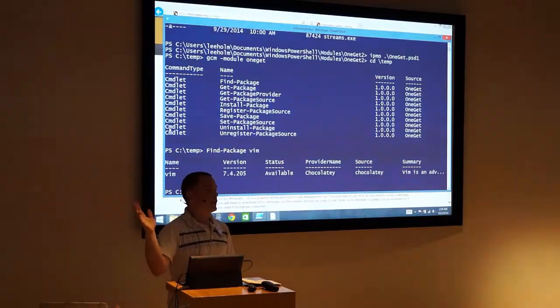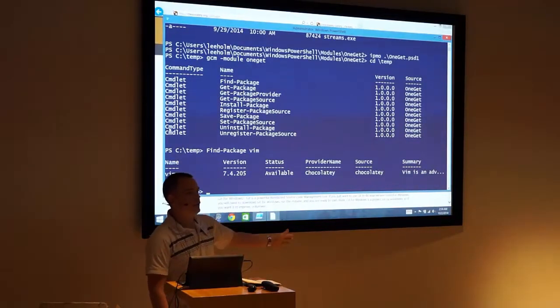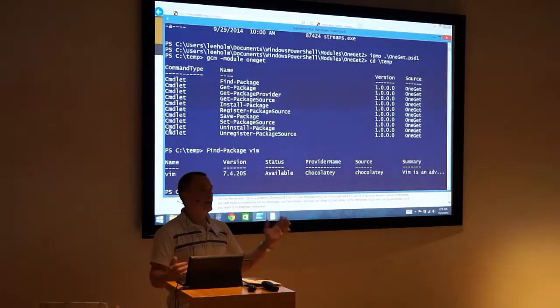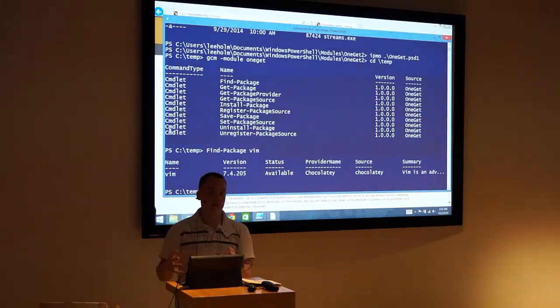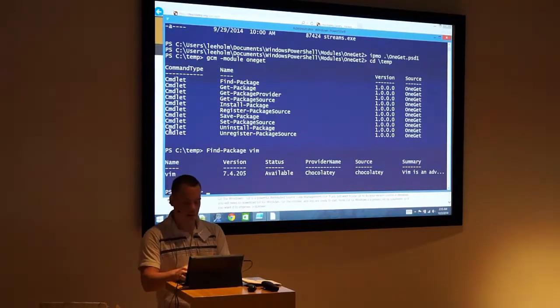So this thing can talk against tons of repositories. And you're going to see that we continue to move this forward. Chocolatey is one. You might have, in the future, something like going against GitHub for code. Whatever it is, this is the way to start installing and finding packages in Windows. So I found Vim, and now all I have to do is